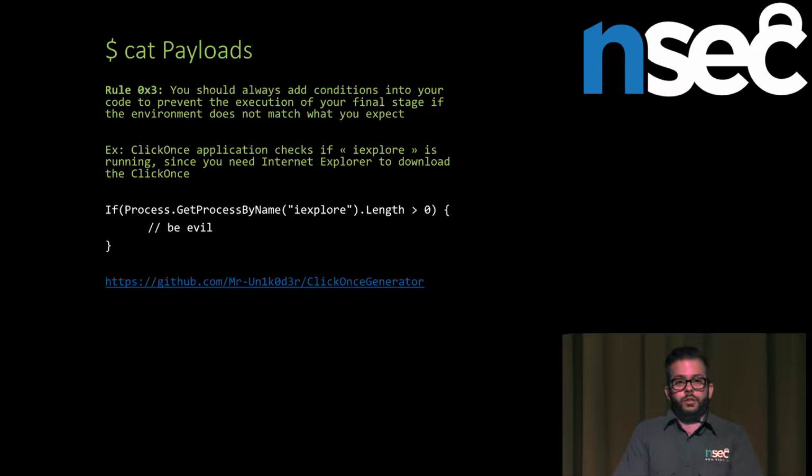Another thing that I wanted to address is the fact that most of these RATs have a second stage. So you're going to have your shellcode, which is the first shellcode that's going to fetch the remote DLL or exe that's going to be loaded in memory, then it's going to be executed. The problem with that is most of these solutions actually send the second stage in the clear over the network, so you're going to see this shady Cobalt Strike DLL going through the network, which is not necessarily something that you want. So by doing RC4 encryption and avoiding having a second stage, you're pretty much good to go again.